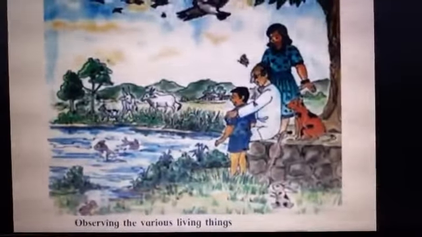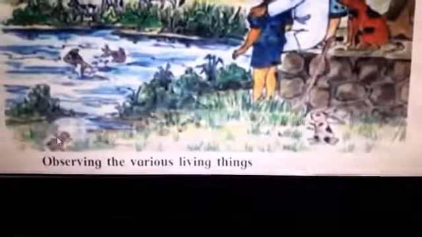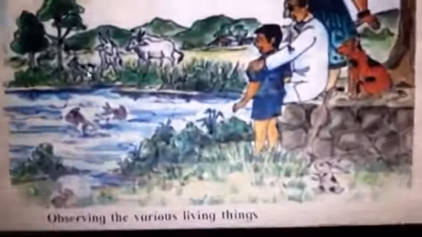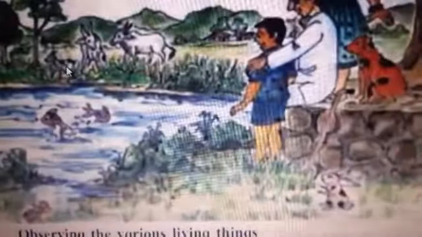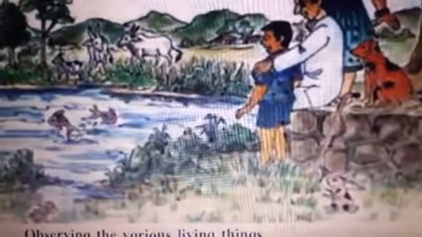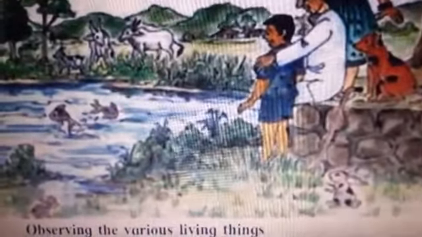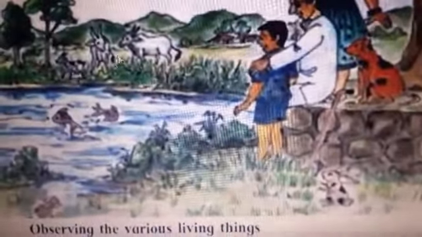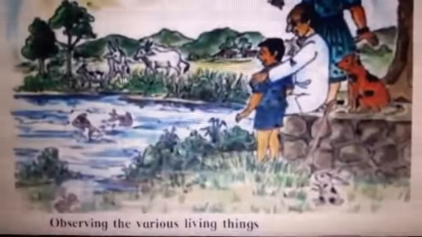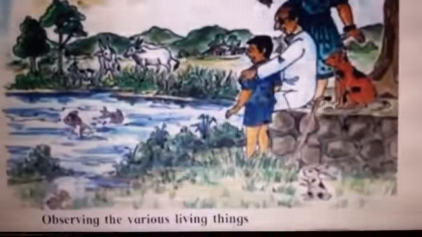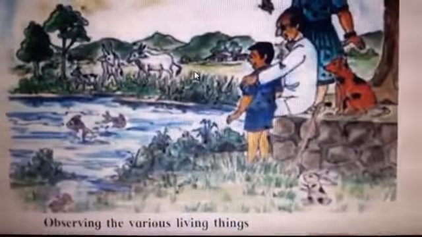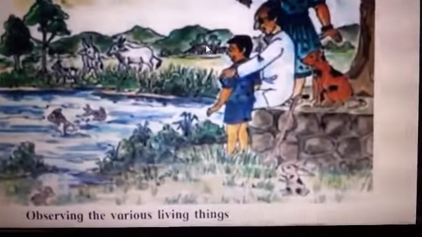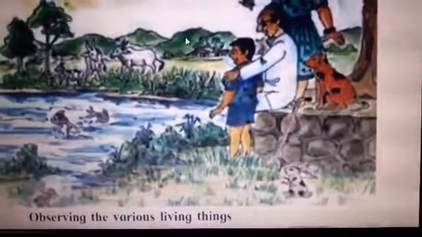We can see here what? This is a frog. Then here is what? See this picture. This is a goat. This is a goat child. And these are the two bullocks which are standing over there. We can see here at the back what? A few houses are visible to us, and at the back the hills are there.